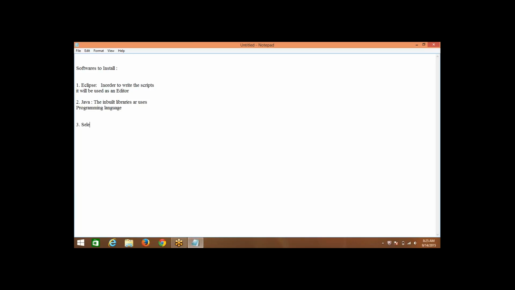The source software is Selenium libraries like Selenium standalone server, Selenium Java language bindings,